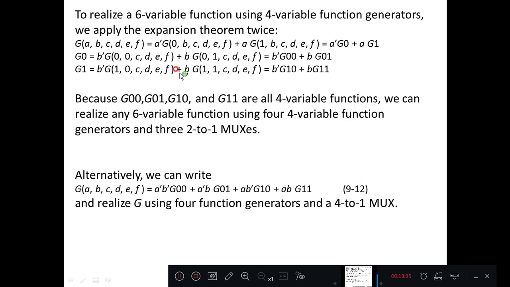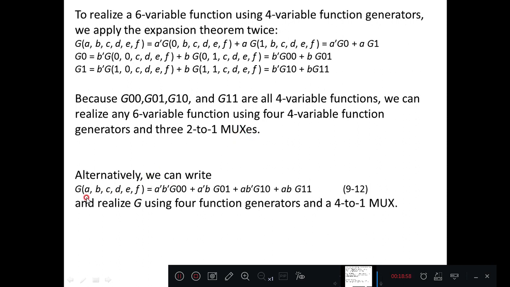Okay, where A and B are connected to multiplexers, and for the lookup table 4 inputs are connected: C, D, E, F. Because G00, 01, 10 and 11 are all 4 variable functions, we can realize any 6 variable function using 4 variable function generators and 3 2:1 muxes.